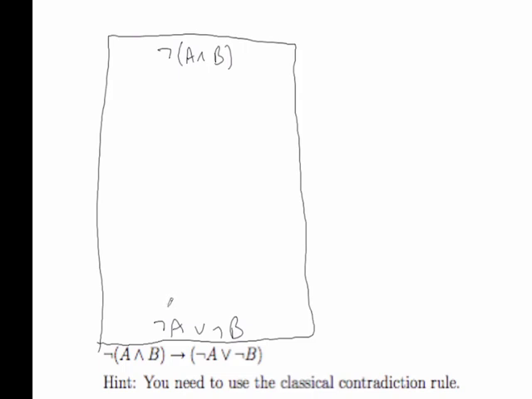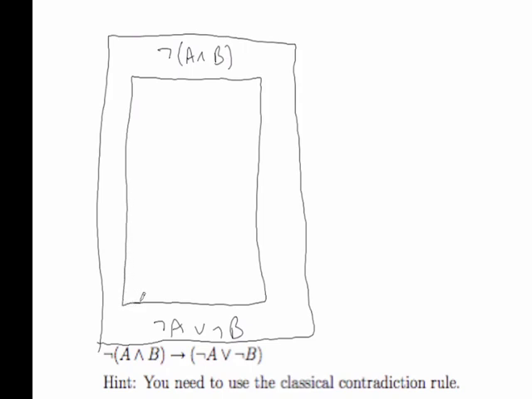This is because logic without the classical contradiction rule is called constructive logic or intuitionistic logic, and that kind of logic has a disjunction property. That means that if you prove A or B, there's either a proof of A or a proof of B. But that's a footnote, you're not required to know that for the course, so just forget about that. So here we are using the classical contradiction rule. There are other proofs, by the way, so it's not the only proof, but what I'm developing here is a quite natural proof.